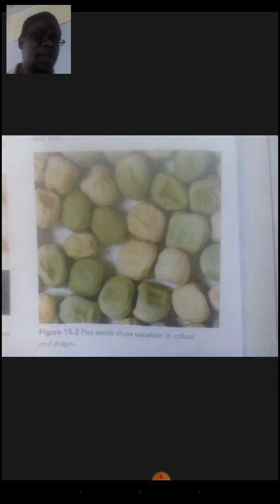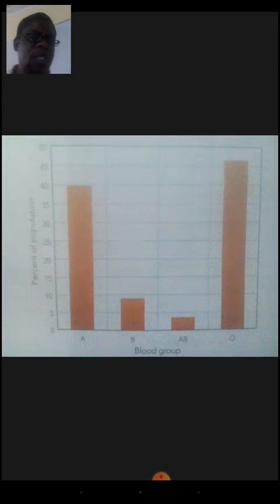It's not only for animals, but even plants like the peas there have different textures. Some are wrinkled, some are round, some are green, some are of the alternative color. So you find that there is variety. Now, if you consider the ABO blood group for people, you'll discover that there are people with strictly blood group A, people with strictly blood group B, those with AB, and those with blood group O, and they are discontinuously